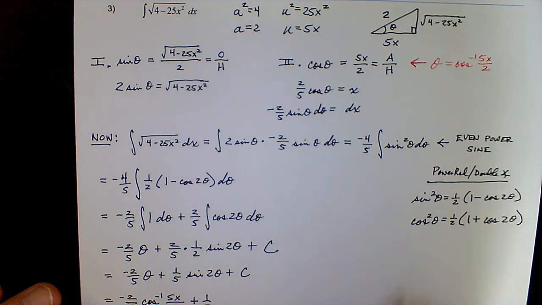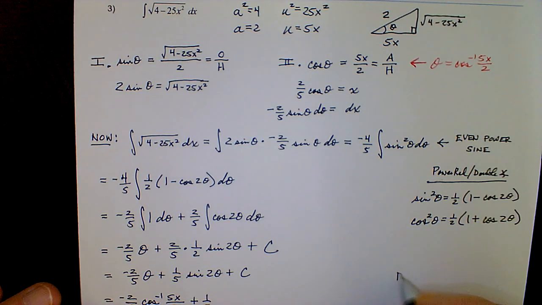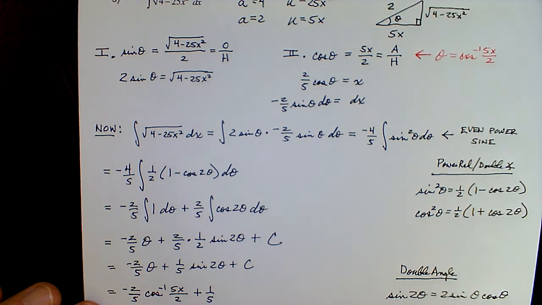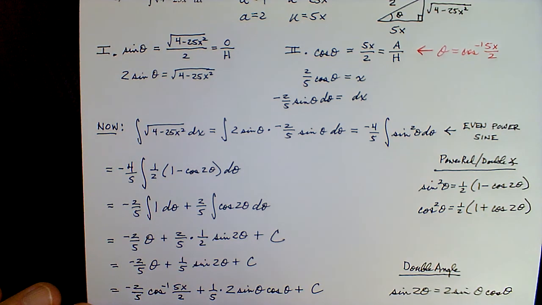What there is, and this is truly what we call the double angle identity, that sine of 2 theta is 2 sine theta cosine theta. So we have to employ that identity. And then we could finally express,